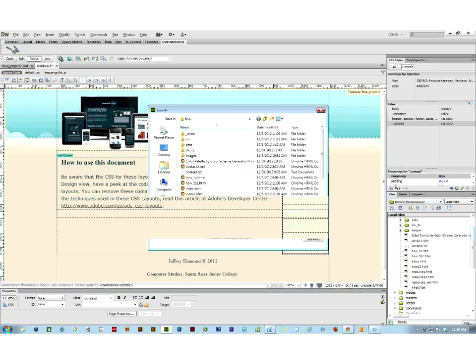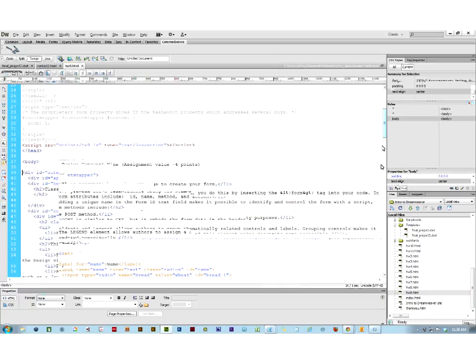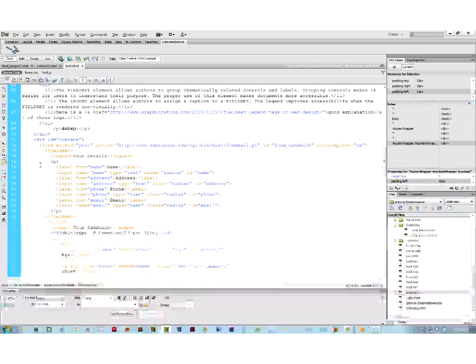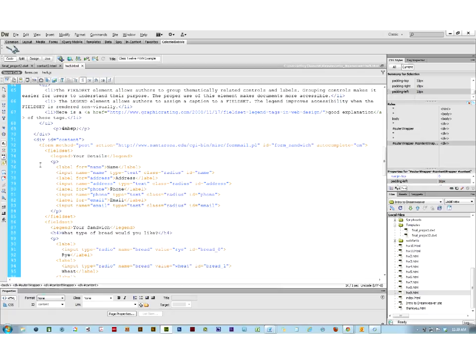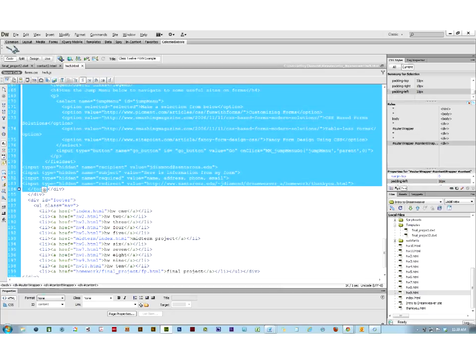In this case, I would go out to Homework 9. I would go into Code View, scroll down to where my form starts, scroll down to where my form ends, copy it,